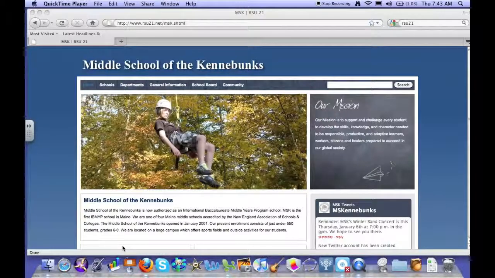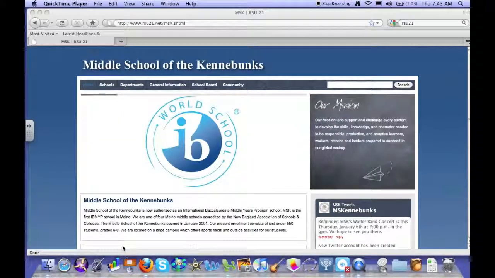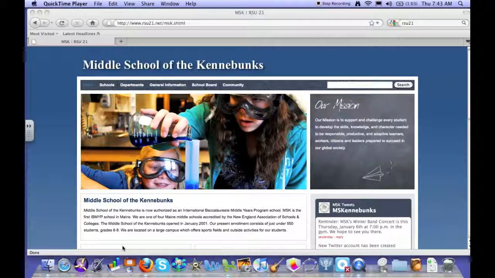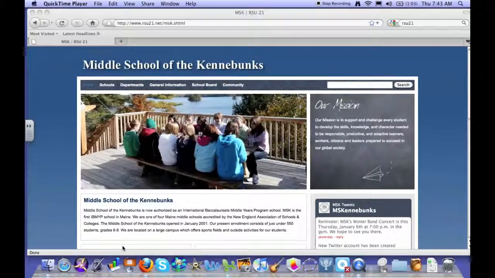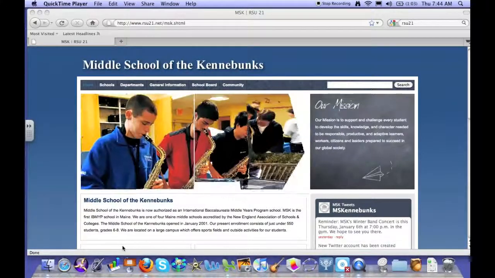We're going to cover the online library card catalog and how best to use it, WebPath Express, which are high-quality internet sites, your reference suite, which is on your laptop, and also some primary source information, which I will explain later. To begin with, the first thing you want to do is go to Middle School of the Kennebunks webpage,